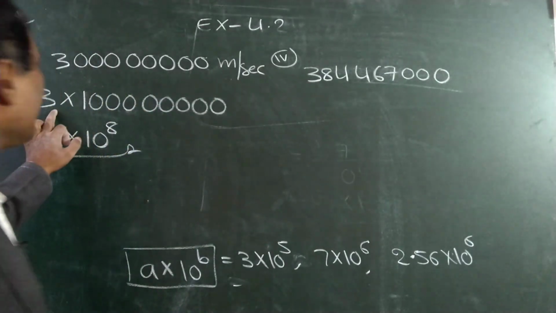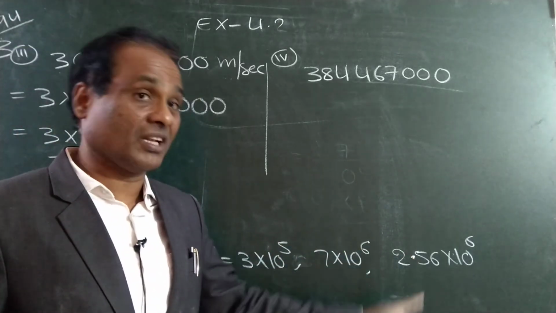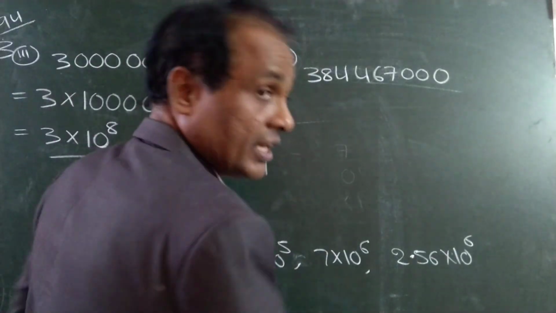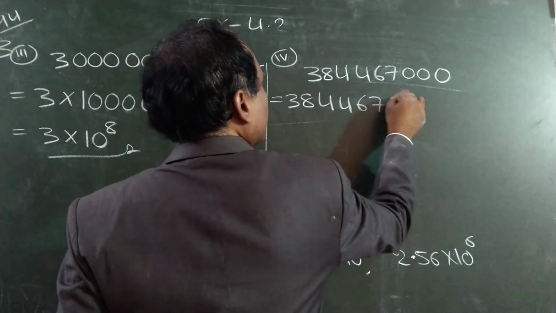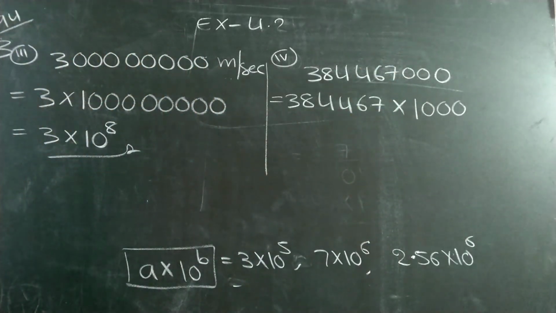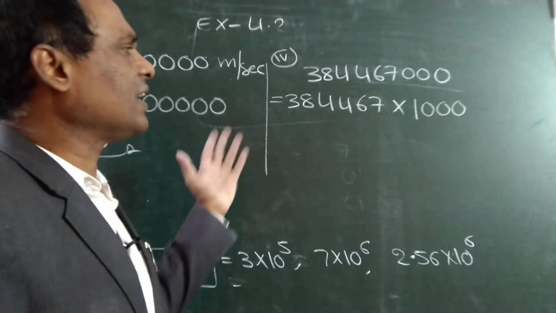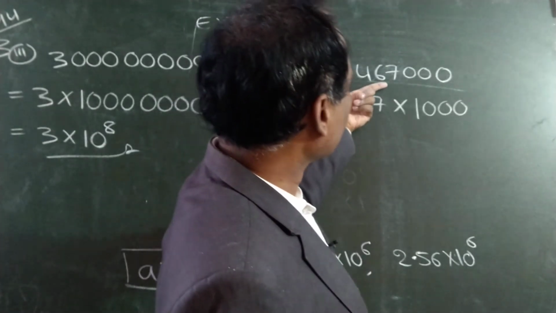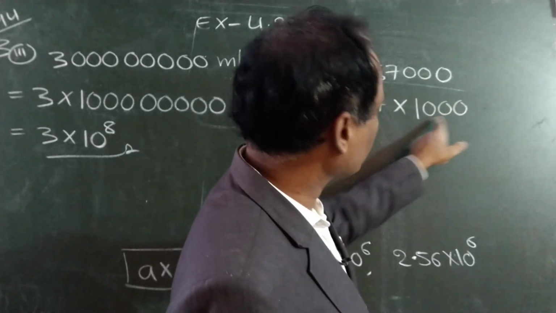If it is one digit, it is very easy. But more than one digit means we have to move the decimal. So here it is more than one digit. Here it is very simple, 3. But here, see, first step: 3, 8, 4, 4, 6, 7 into how many zeros? 3 zeros. In the same way, 300 is 3 into 100, 400 is 4 into 100, 5000 is 5 into 1000, 7 lakhs is 7 into 1 lakh. So this is 3, 8, 4, 4, 6, 7 into 1000, 3 zeros we can write.